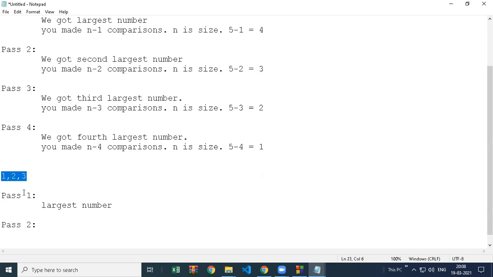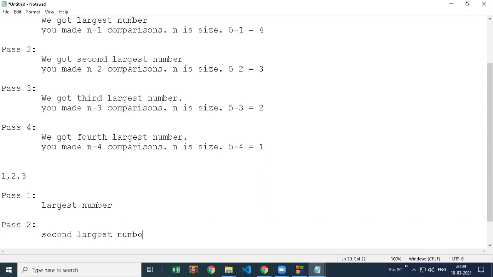But the bubble sort algorithm, after doing pass 1, it will not stop. It will make pass number 2. In pass number 2, it will compare 1 and 2. In first pass, it compared 1 and 2 and 2 and 3, and then it got the largest number. But now in pass number 2, it will check the first two numbers and take the second largest.